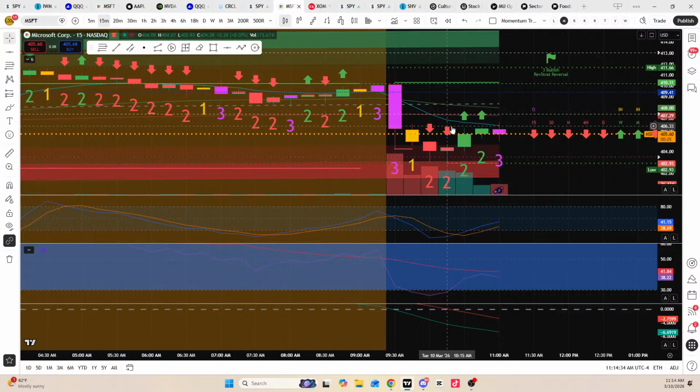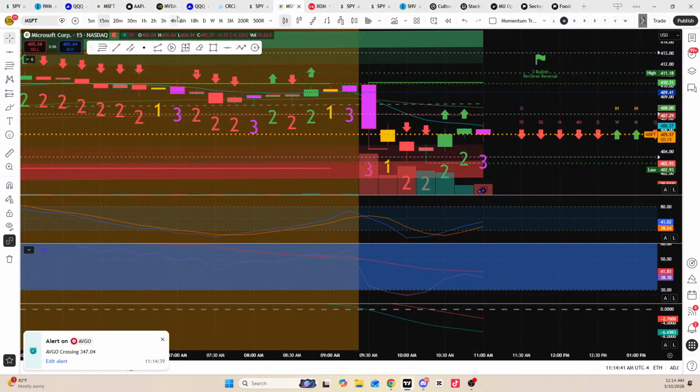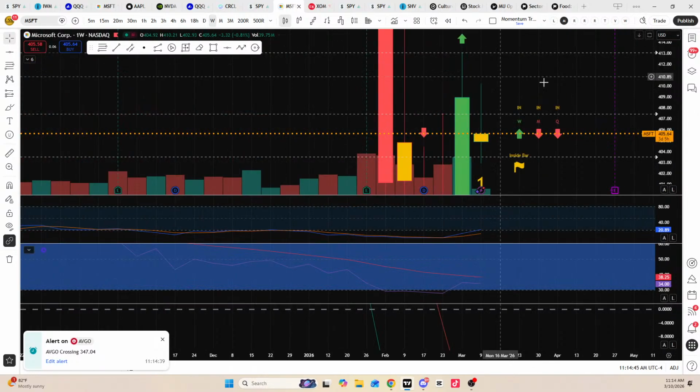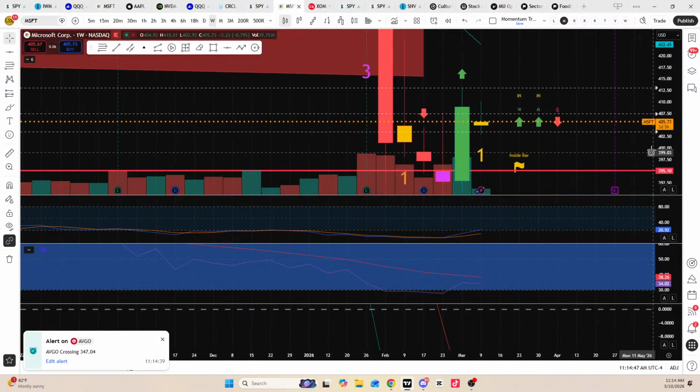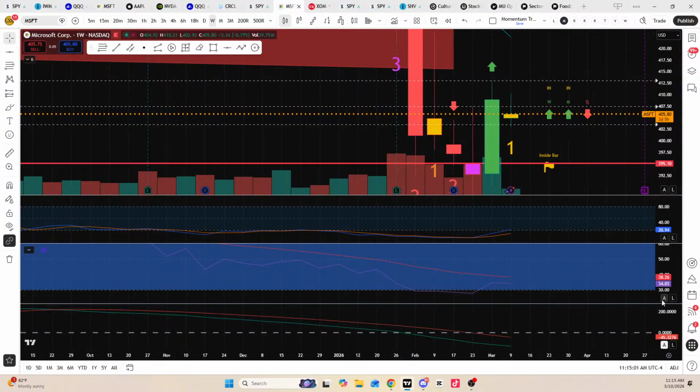All right, Microsoft, can we find support at 405? So key level for Microsoft this week is that 413. If it gets above 413, it's going to put a 2 up on the weekly, which will be a crucial look for it, because if you could see down here,